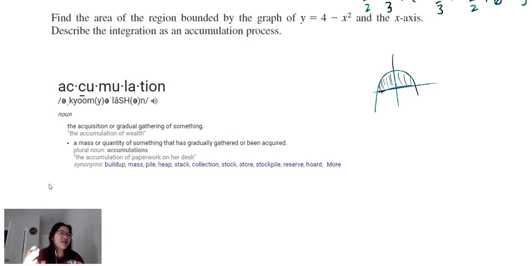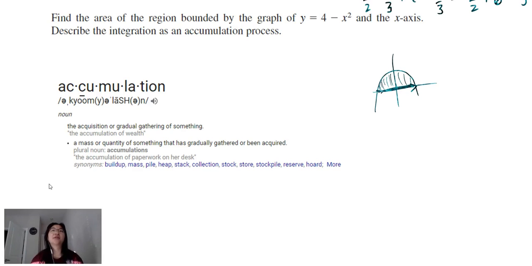And so you can think about accumulation in terms of integrals, because as you are moving from left to right through your region, you're taking tiny rectangles and you're taking those areas and adding them together. So eventually you'll have added up all the tiny rectangles of that region. And this has applications in other things, as long as we have some way of describing the behavior of something, so that we can see how much something has